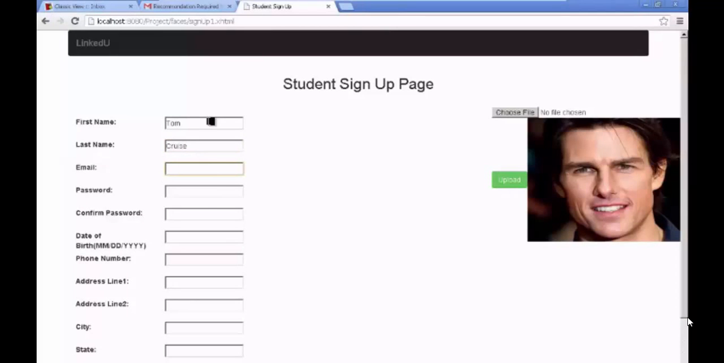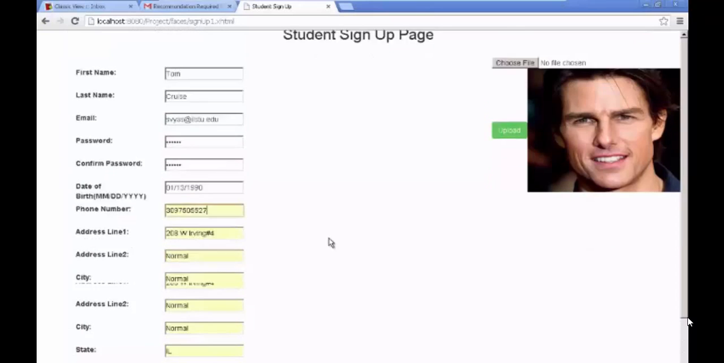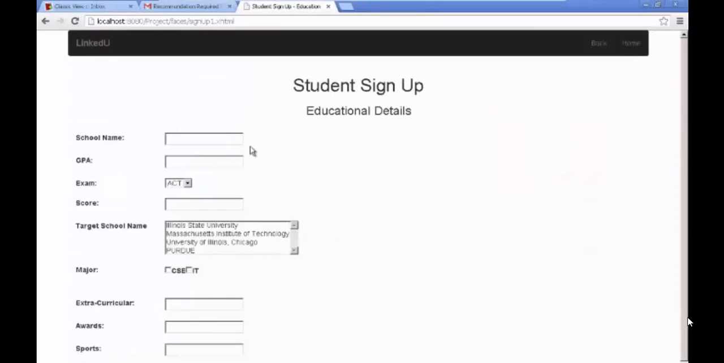Let's enter the email address of Tom Cruise. Let's enter a valid email address so that we can verify whether the profile has been successfully created or not. Password. Date, any random date of birth, and phone number, any random number here. So let's click on the next button, and let's see, the name of the school of Tom Cruise is